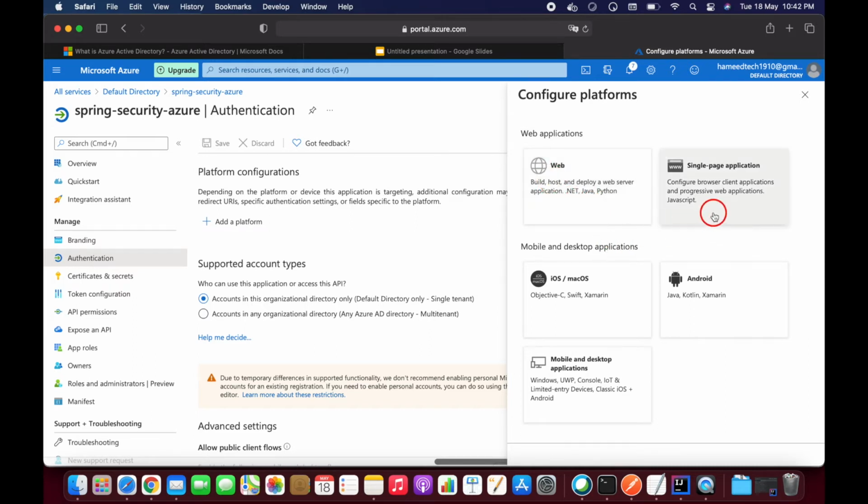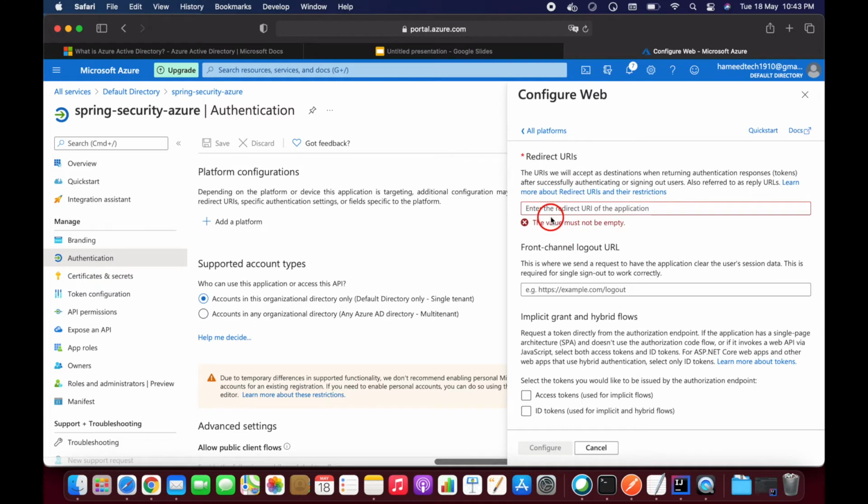If you are using Angular or a reactive single page application, click on that. If you are using Android, iOS or macOS, we have a couple of options here, depending on the requirement. I'm going to use Java here, so let's click on the web option, and here we need to provide some URL.